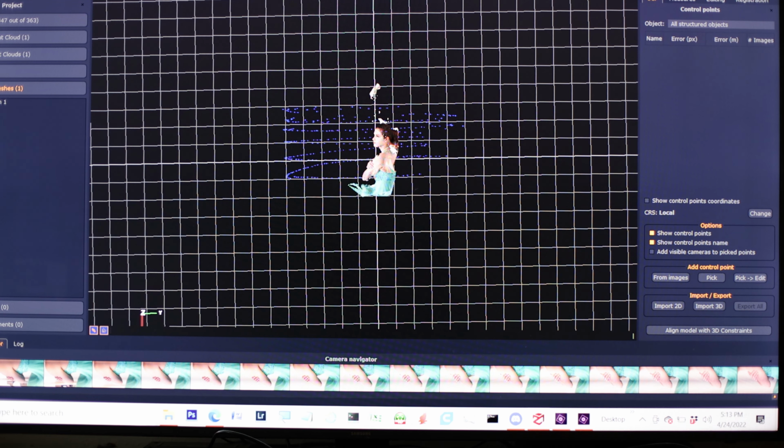Hello everyone. What you see here is a 3D scan of a model. Her name is Evian Leigh, who posed for this 3D reconstruction that I made with my new 3D scanner rig. This is a rig that I designed that allows you to take multiple photos from various angles to capture a